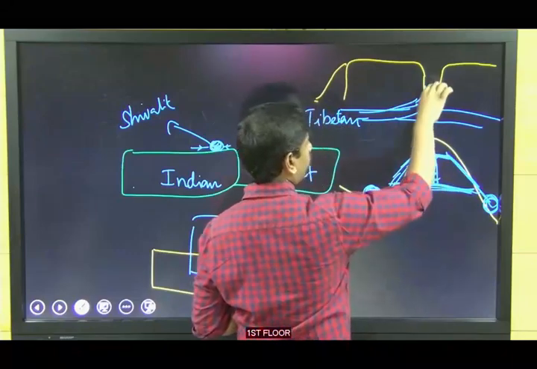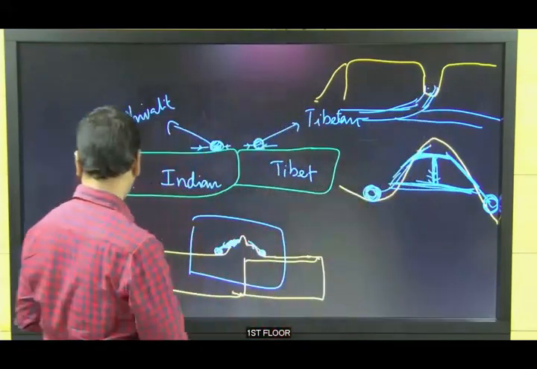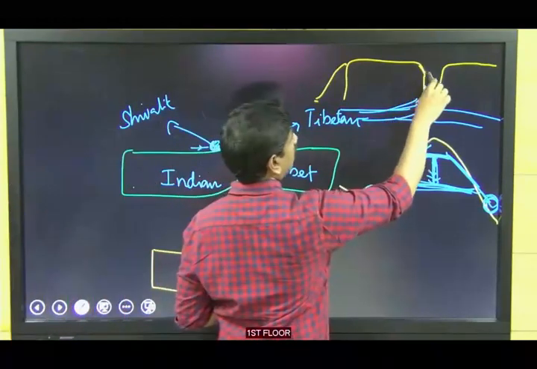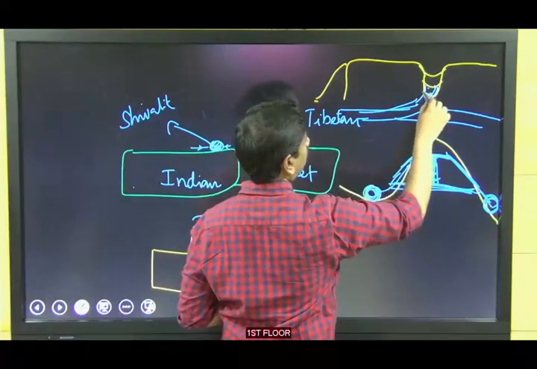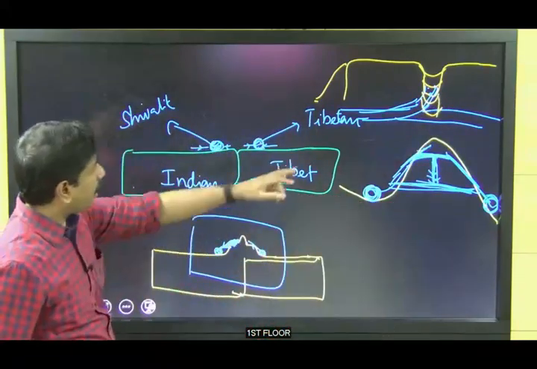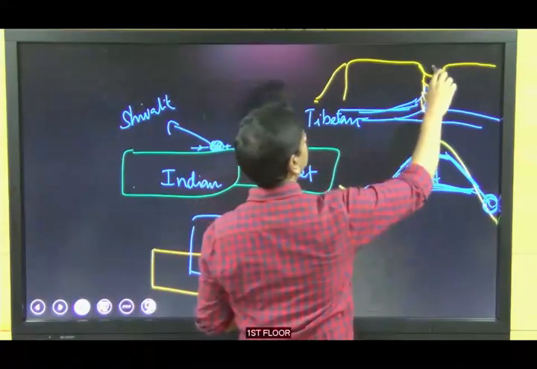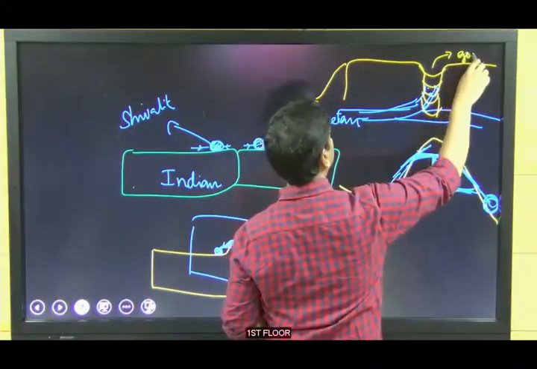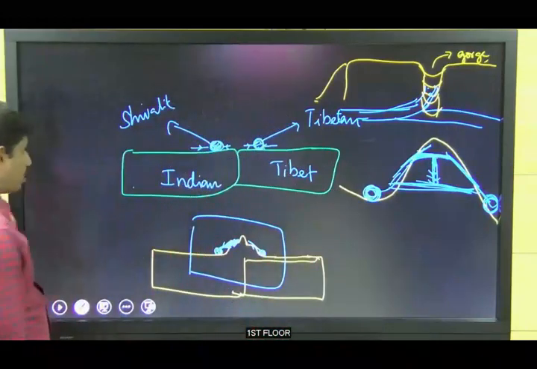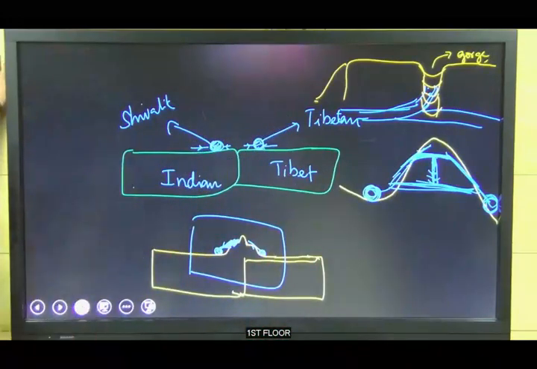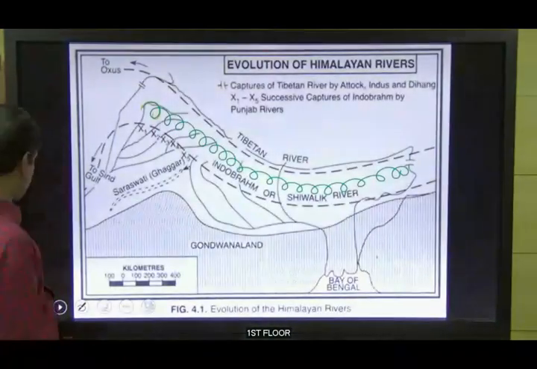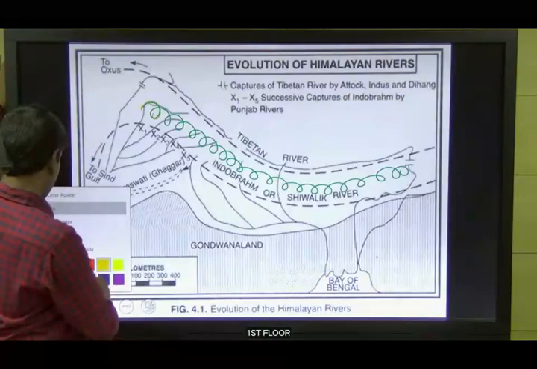Because this portion kept on eroding, this portion which was initially like this was eroded and became like this, and became a gorge. This is headward erosion. Because of this headward erosion,